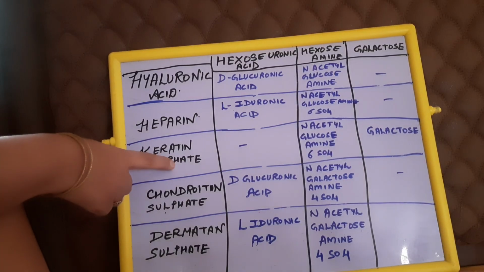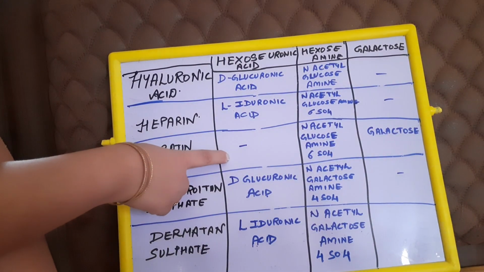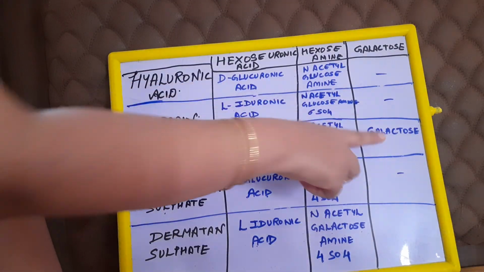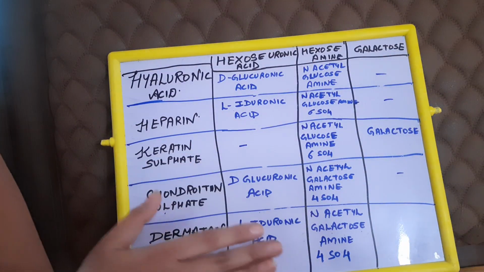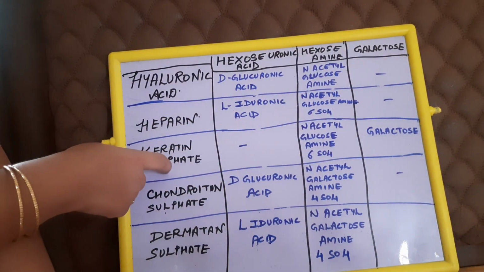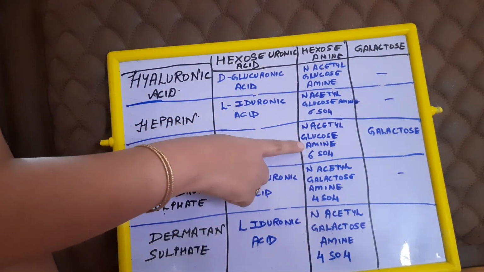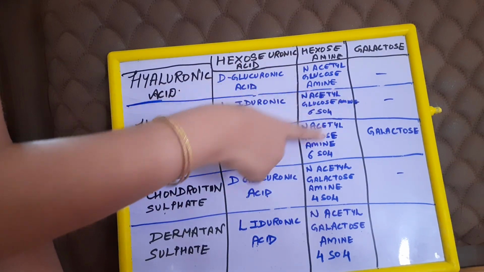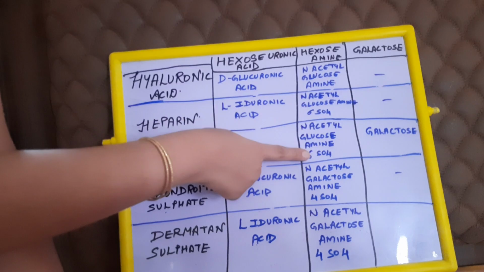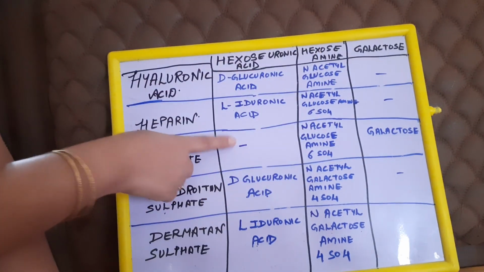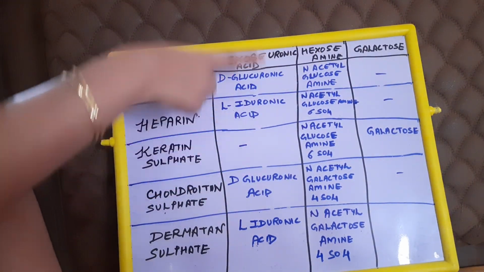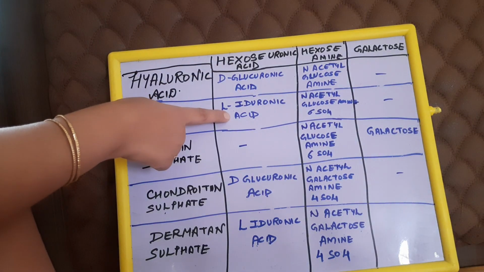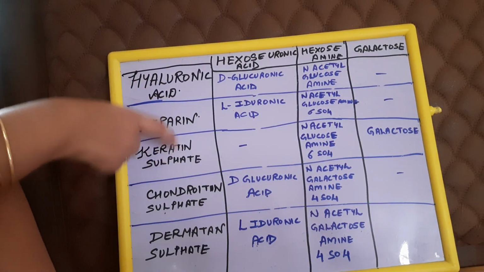Now we come to keratan sulfate. Again, when it comes to the monomeric unit, keratan sulfate is an exception. We all know that it does not contain any uronic acid. It contains plain galactose in its structure. And in keratan sulfate, we can see again N-acetyl glucosamine 6 sulfate. All three are the same except that hyaluronic acid does not have sulfate, and keratan sulfate does not have uronic acid. Otherwise, hyaluronic acid has glucuronic acid and heparin has iduronic acid. So all three are easy to remember.